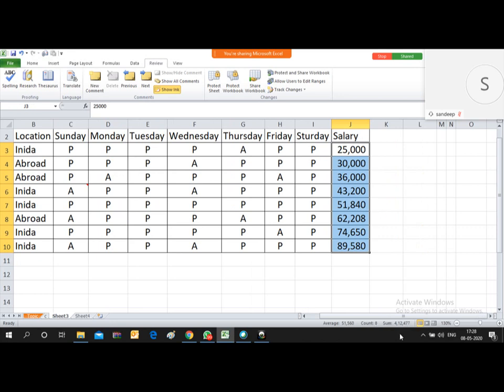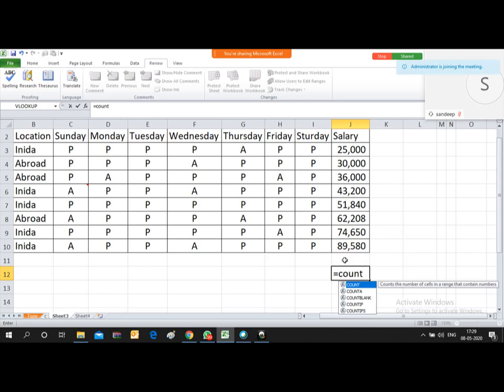Here by selecting, I can find the count, but by using a formula you can also count it. For writing this count function, you press equal to and then type count. Once you type count and start the bracket, it provides the range. You just select the range and then close the bracket. So now 8 is coming.